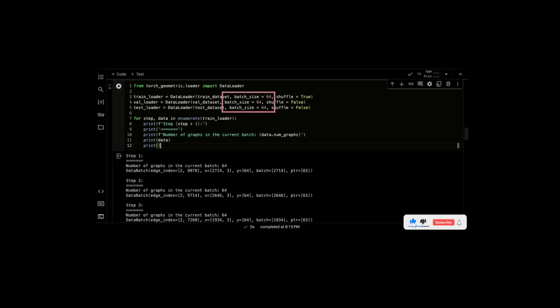Because we've specified a batch size of 64, you can see that the number of graphs in each batch is set to 64. Let's look at the first data batch's x features. Across 64 graphs in this first batch, we have 714 nodes, and each node, of course, has 3 features, and there are a total of